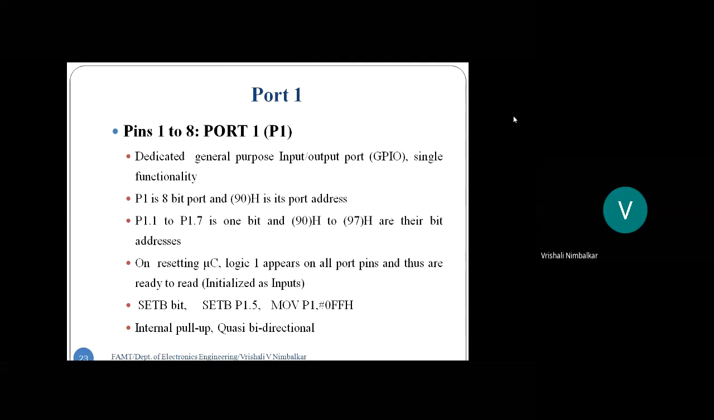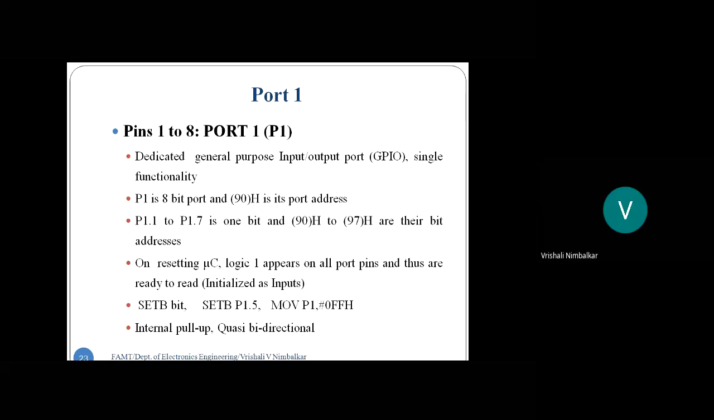Right. So port 1, its address is 90 hex. Again, you can use it as an 8-bit port, or you can use it as a 1-bit port, or you can use it as a 4-bit port. In any combination of bits, you can use it. So if it is 1 bit, we refer to it as P1.1, P1.2 up to P1.7. You can refer to the ports by their name or by their addresses. So if you want to refer to 8-bit port 1 by its address, then the address is 90 hex. And if you want to access each and every bit of the port, then the addresses are 91, 92 up to